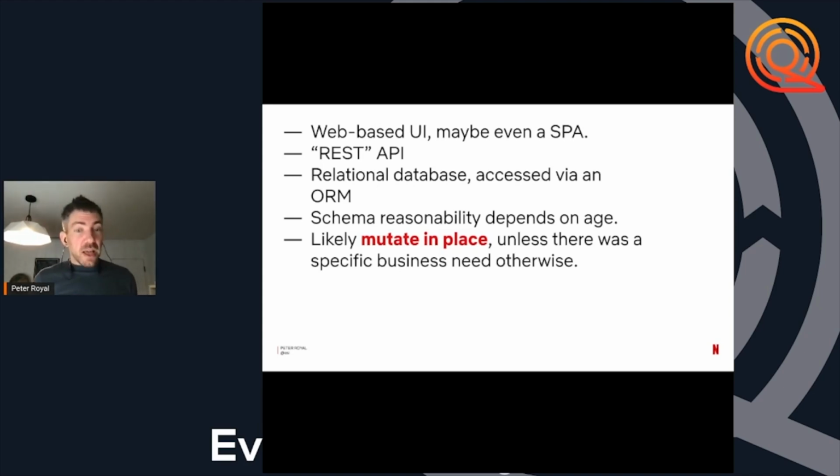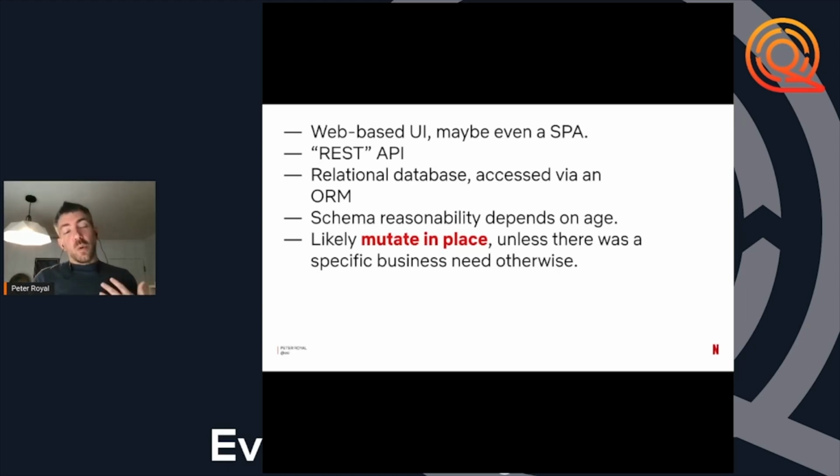In days gone past, this is the type of application that maybe was a Microsoft Access database. If you go back far enough, maybe Visual Basic applications when people were doing desktop applications. But as web technology has matured, the fact that you can now deliver an application with a browser has become very easy, and it removes a lot of deployment constraints. So things have been moving towards these web-based UIs.